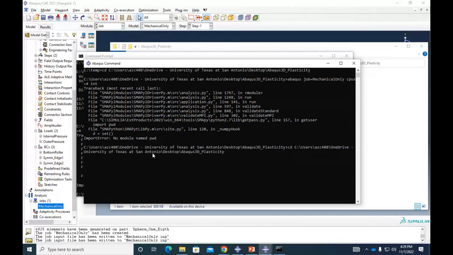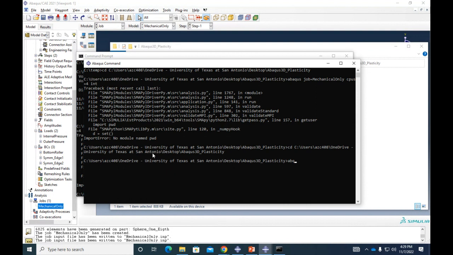Unfortunately, we cannot do it from these computers. But if you type that command on your machines, then it's going to work. I just wanted to show an interactive way of running Abaqus, but it doesn't work with OneDrive.